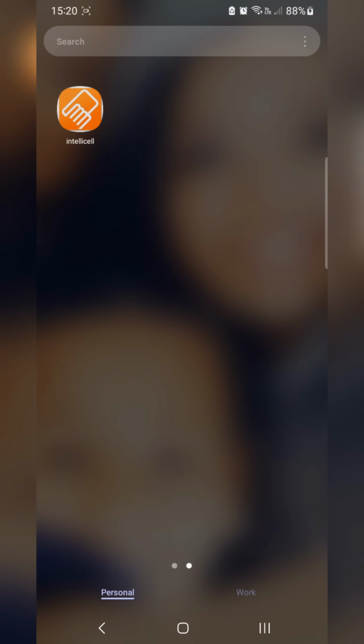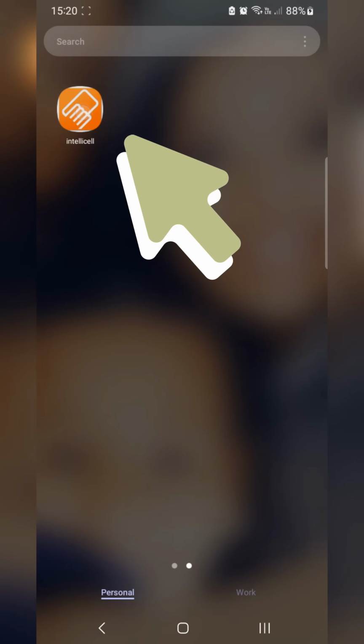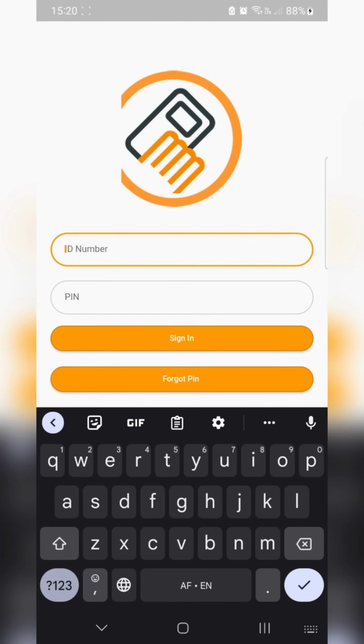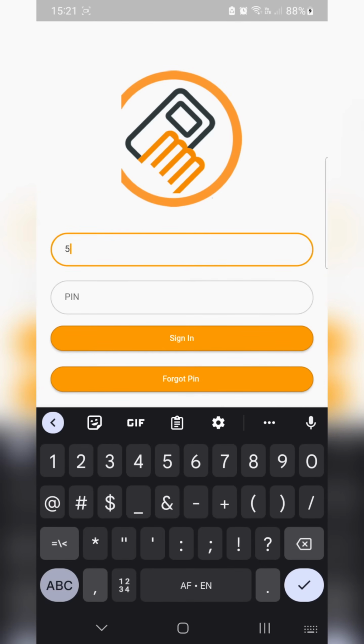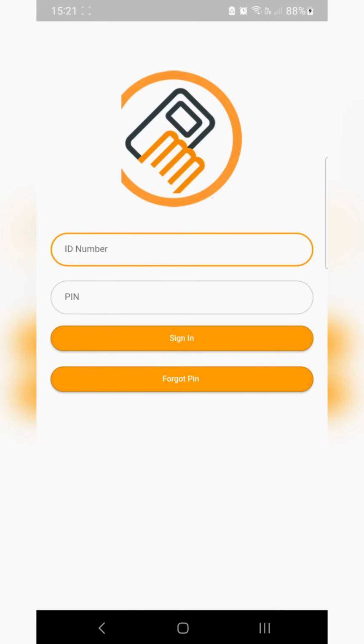Once it's installed, it will appear as an icon on your screen, and all you do is click on it to open. Once you get to this prompt, you enter your ID number and the PIN that you received by SMS. Please note that you only need to do this once your allowance has been allocated and an SMS with your PIN has been successfully sent to you. Otherwise, if you never received a PIN, rather call us on 087 2300 161 to check if your allowances have been activated.